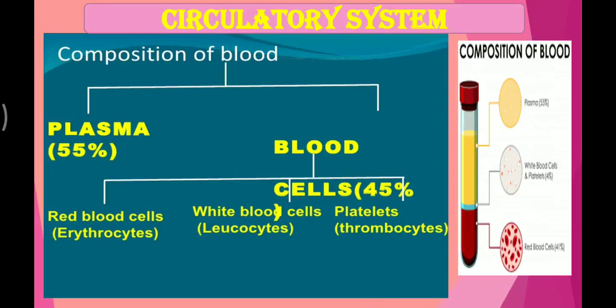We will study in detail what RBC, WBC and platelets are. Here you can see a small test tube where the blood is made to stand, and you can see the yellow color, which is called plasma. You cannot see it clearly, but there is a white layer between the RBC and plasma, that is the white blood cells. Here there are also red blood cells, and thread-like structures, the thrombocytes, that is platelets.